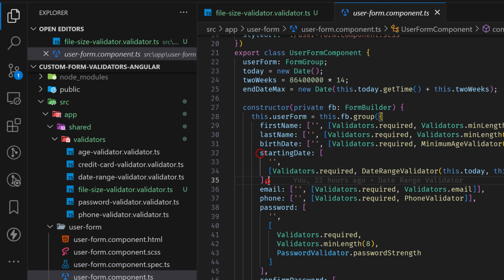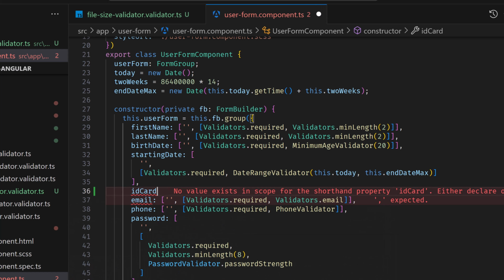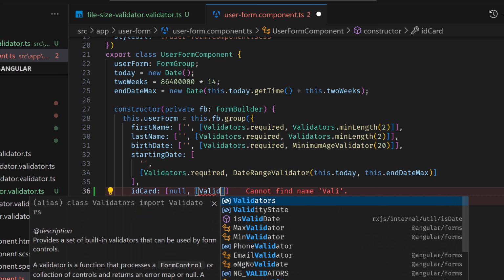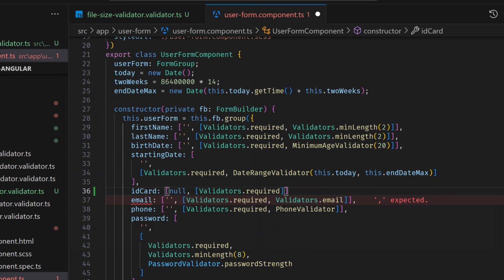So we have to add another field here. Let's say we are going to call it, I'm not sure, ID card, for example. So let's say that the user has to upload an ID card, a scan or something. So we'll call it ID card, and it is going to get a default value of null. And now validators, get our file size validator here,